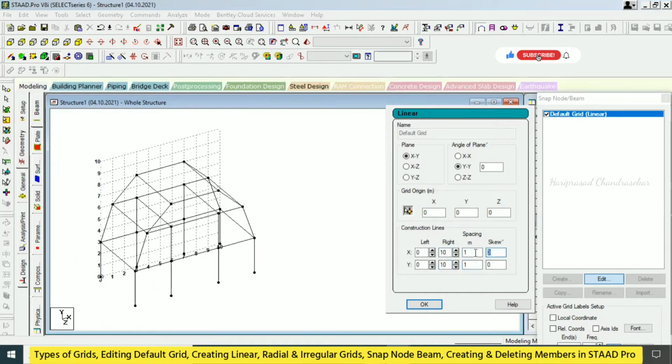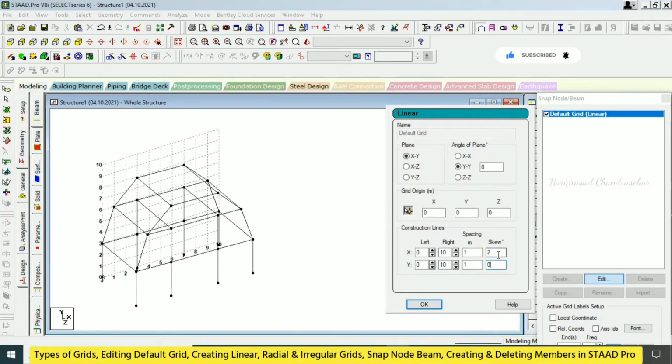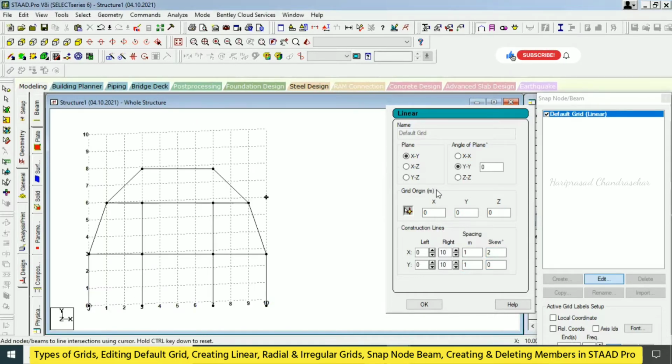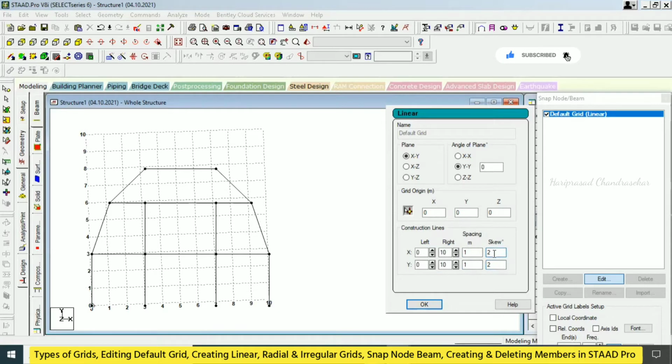Skew? So skew in the sense, you can see some kind of skew. But mostly we never use skew. If you use it, we get this kind of output.